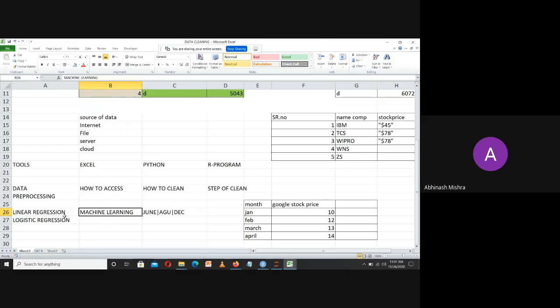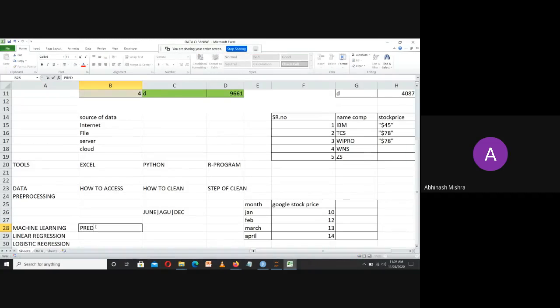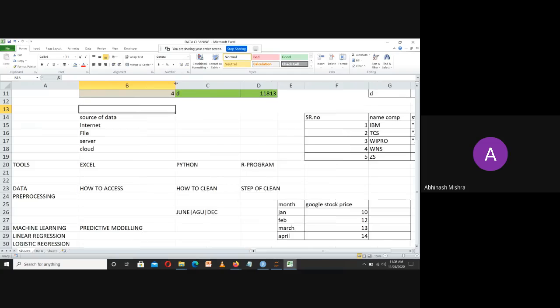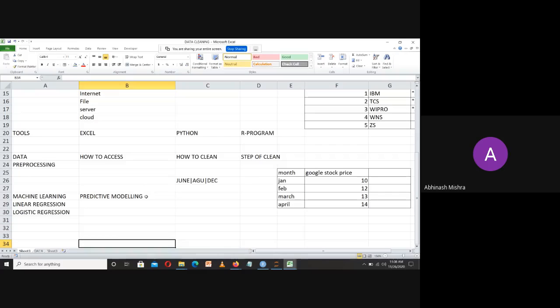Now machine learning, or this particular form which I am considering under machine learning, is also considered under predictive modeling. Now you will say, okay, what basically is predictive modeling? So predictive modeling is not very new to this world. This word has been derived from a phrase of analytics called predictive analytics.